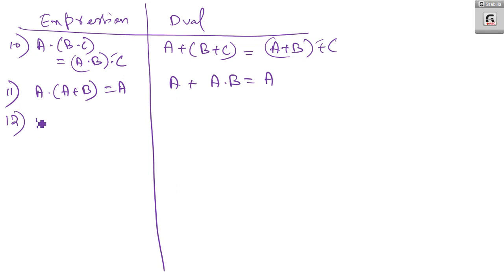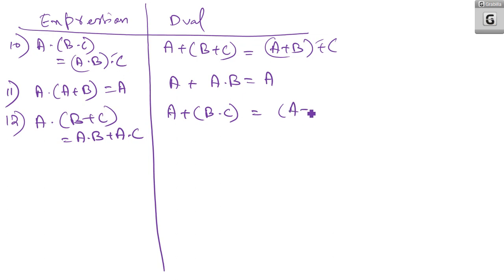If it is a dot b or c, I can write it as a dot b or a dot c. So here what I can write? A or b dot c. I can write it as a or b dot a or c. This is the corresponding dual. 13th one,